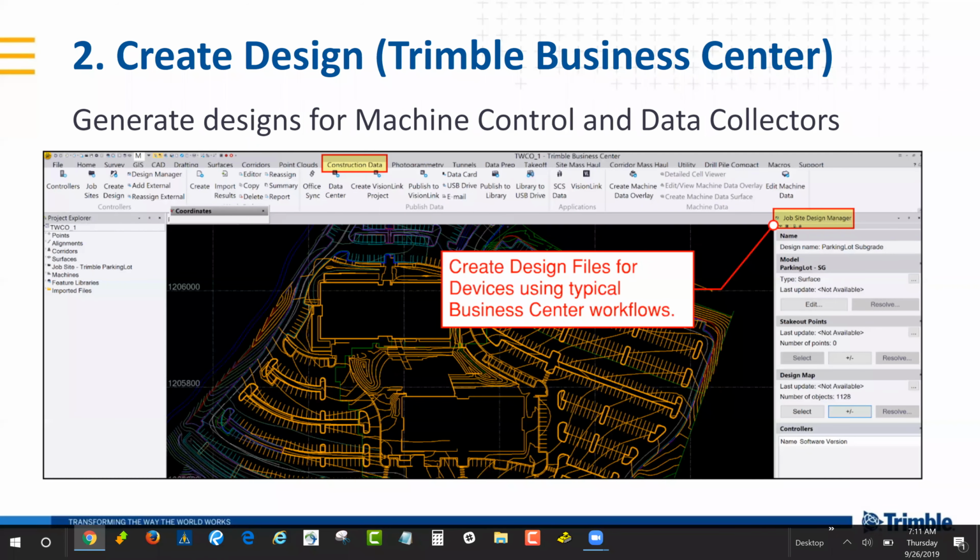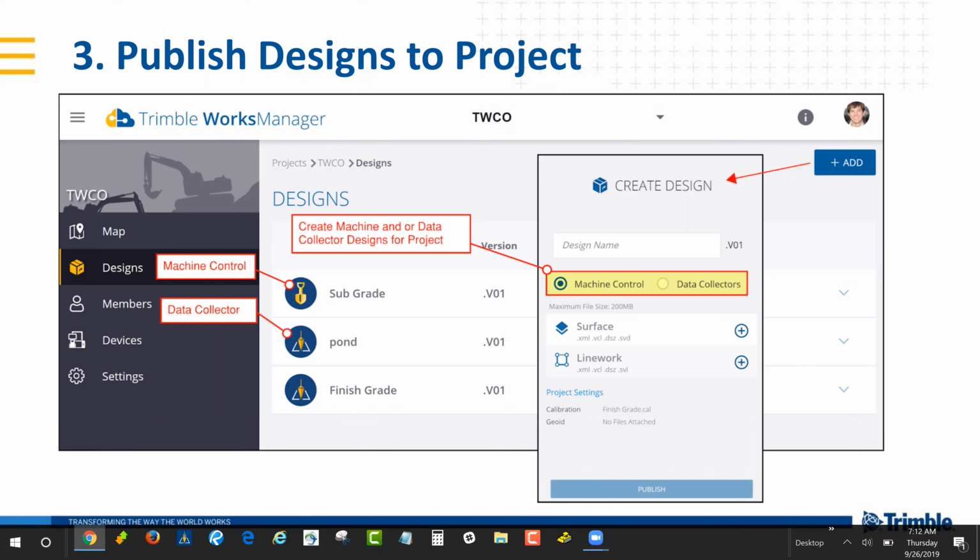So for step 3, you're creating a design in Works Manager. So you go to the design page, add a design. You'll select whether it's a machine control design or a data collector design. And from there, you can upload the different file types for that design. So that'll include surfaces, line works, stakeout points, things like that can all be added to the design, and then